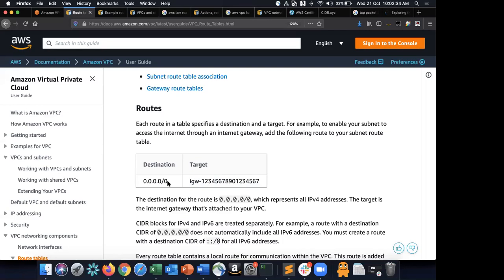Okay. So that is why it's important that you understand what a destination and target mean and what the notation 0.0.0.0/0 means, which means any IP address for which I don't have a specific route mentioned, it can be any IP address, push it to the internet gateway, so that way any communication within